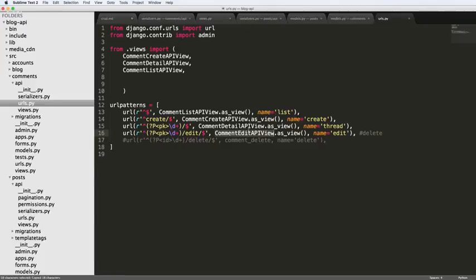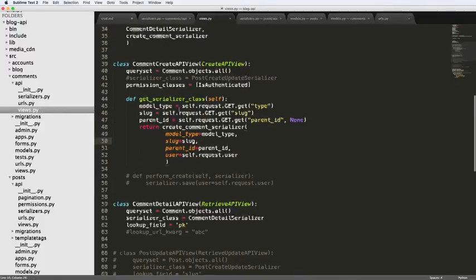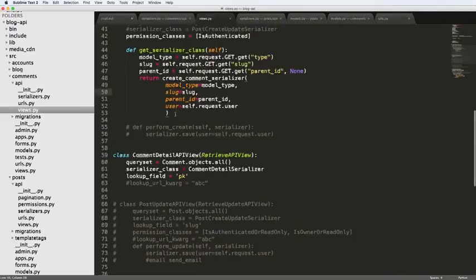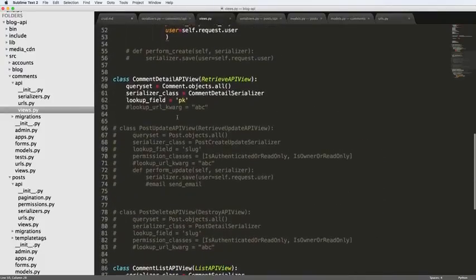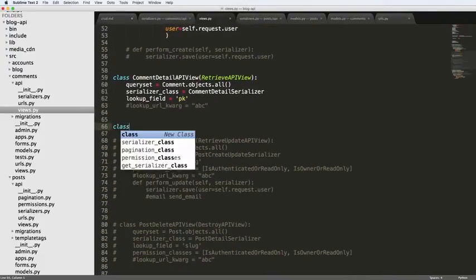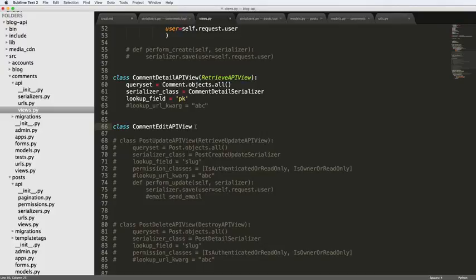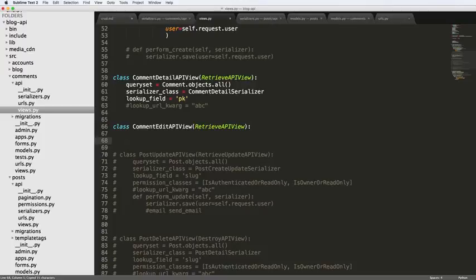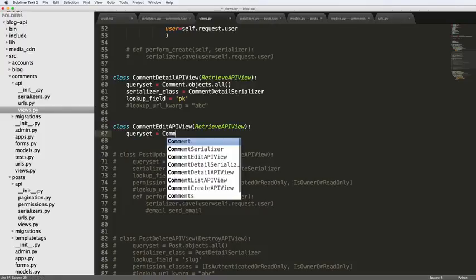All right, so I'm going to go ahead and make this view now inside of our comment API views. So let's go ahead and bring it in here. I'm going to put it right underneath our retrieve API view. So class comment edit API view. And we're actually going to use the retrieve API view to start out. The query set is going to be a little different. This time we're going to use